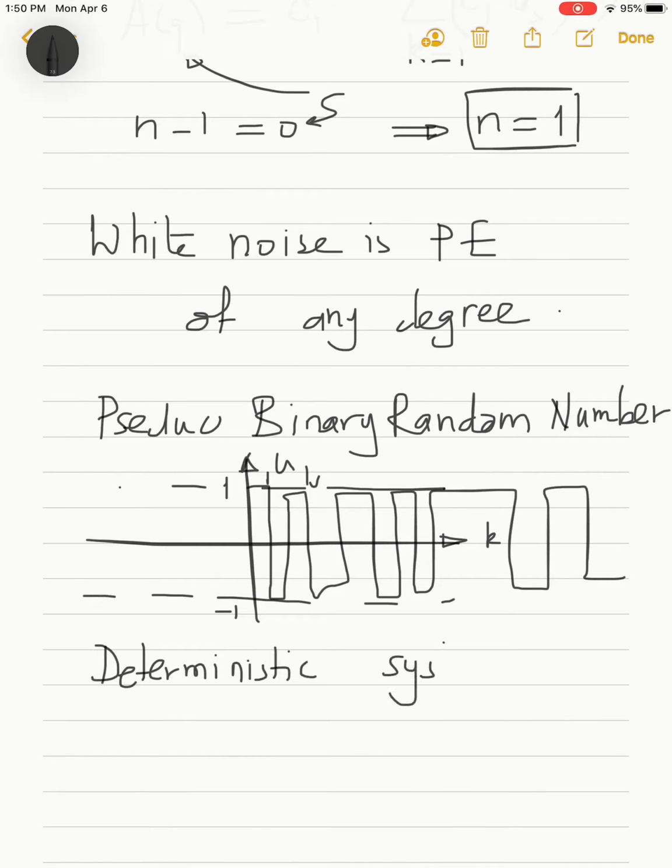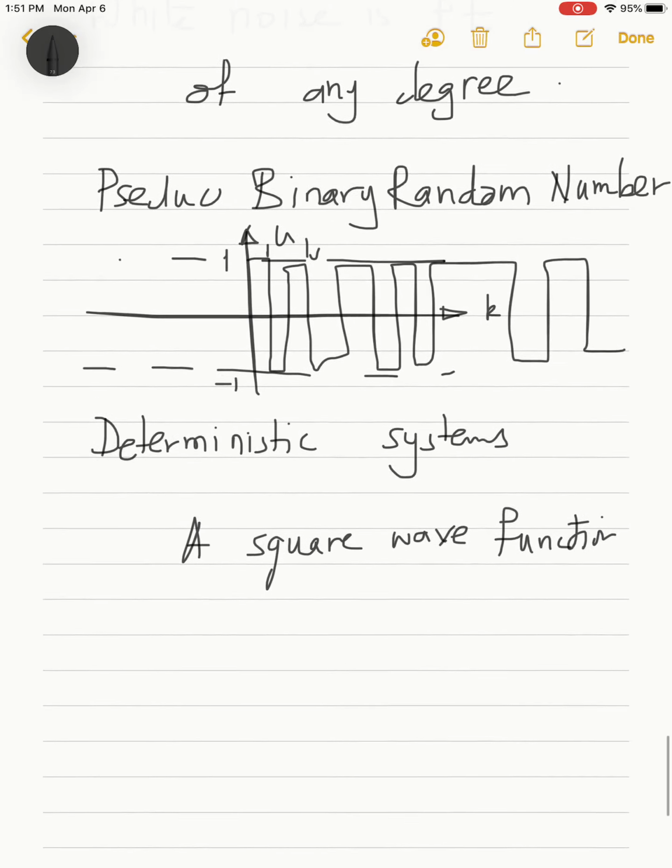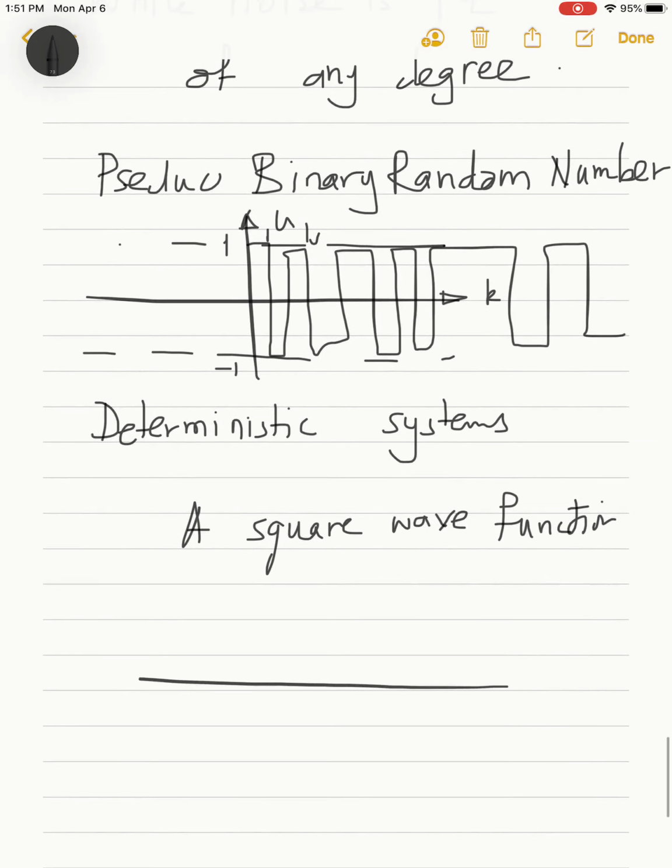If we are talking about deterministic systems, then actually a square wave function can do the job. And the reason is that if you plot the square wave function,